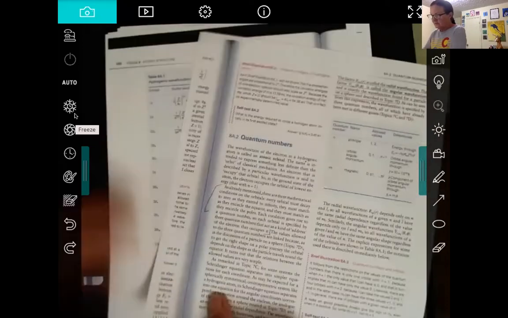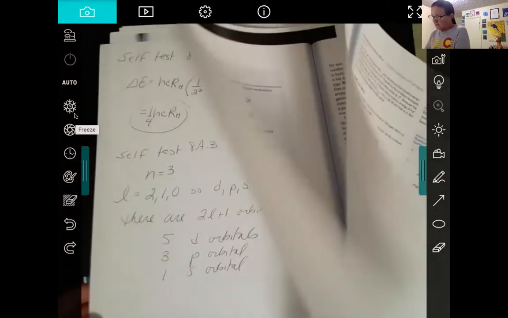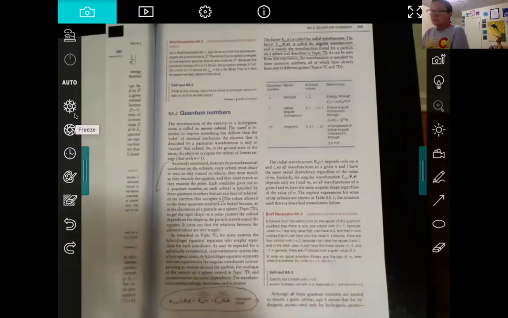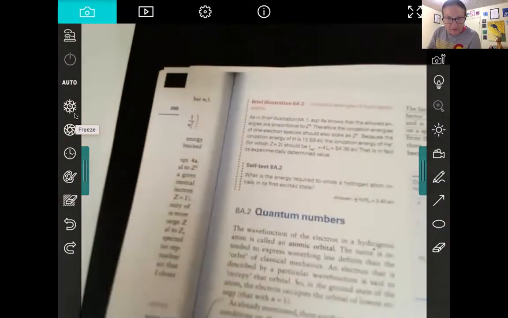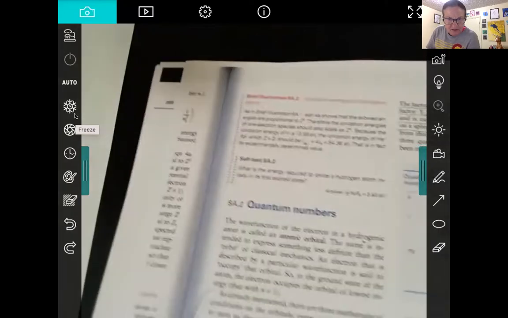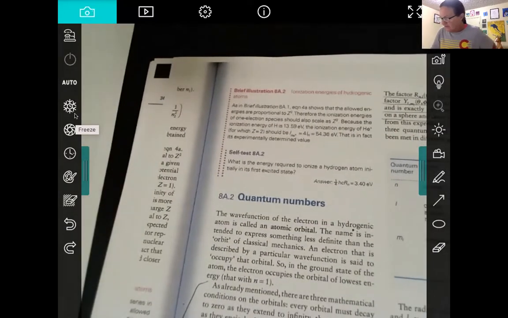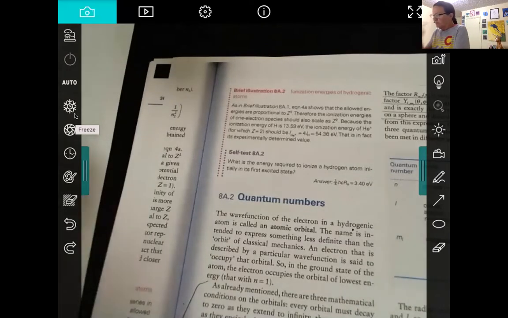I'm just trying to find the paper that I did that problem on, this self-test. So self-test 8A.2 says, what's the energy required to ionize a hydrogen atom initially in the first excited state? So we will